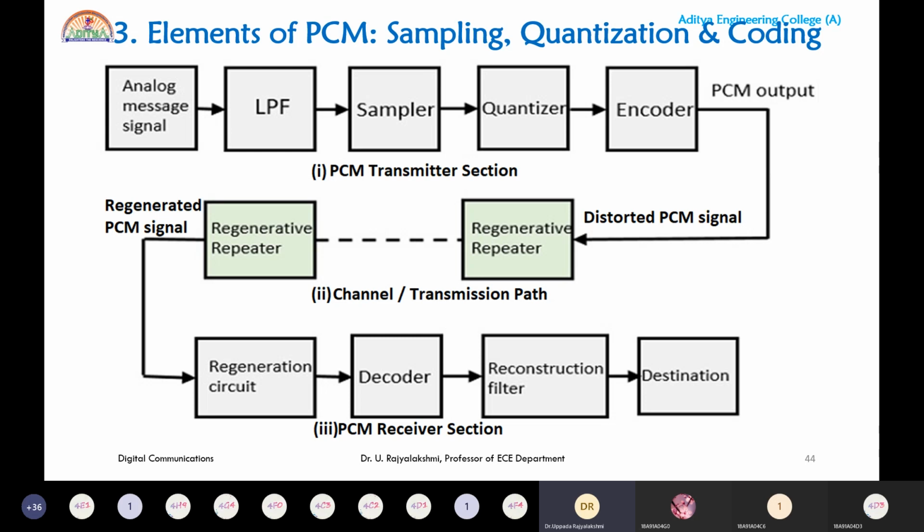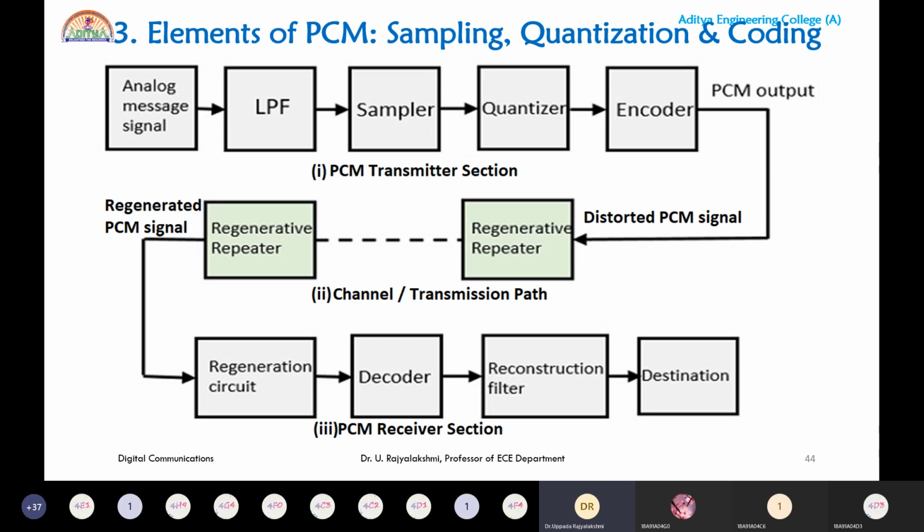So what is the importance of low pass filter? Low pass filter eliminates the higher frequency components. Which frequency components do you want to transmit? Only the message signal frequency component. Let the maximum message signal frequency component be some fm. That frequency only should be allowed through the transmitter, but not all the higher frequency components. Those higher frequency components must be attenuated before entering into the transmitter section. Low pass filter eliminates all the higher frequency components to overcome the problem of aliasing effect.